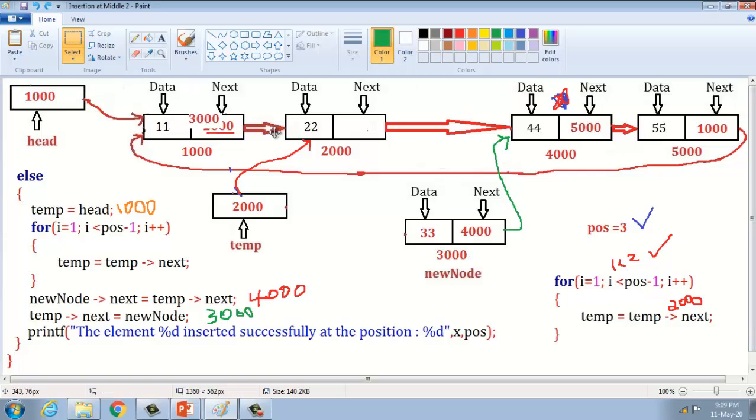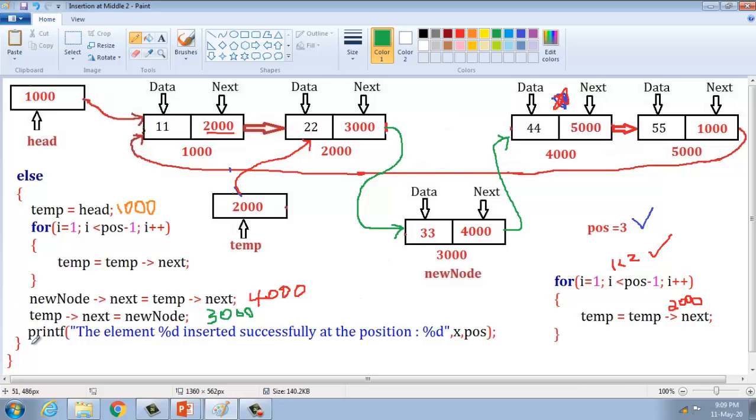The new node address is 3000, and then this link is automatically disconnected from the second node to the third node address. Here we have created a link from the second node to the newly created node. Okay, I understand.